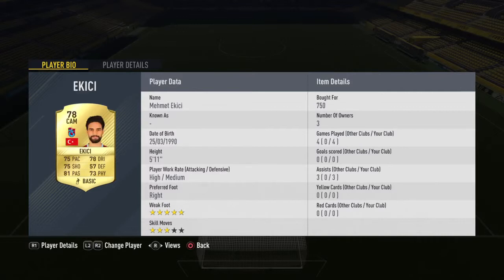fan of him. The centre attacking midfielder of the team is Mehmet Akçiçek. Now, obviously, you could go for Wesley Sneijder if you wanted to, but I wanted to go with him. He's played 4 games, got 3 assists. I was using his loanee card that I found, and I wanted to try him out, and I thought he was that good. I wanted to buy him for good, and he cost 750 coins,